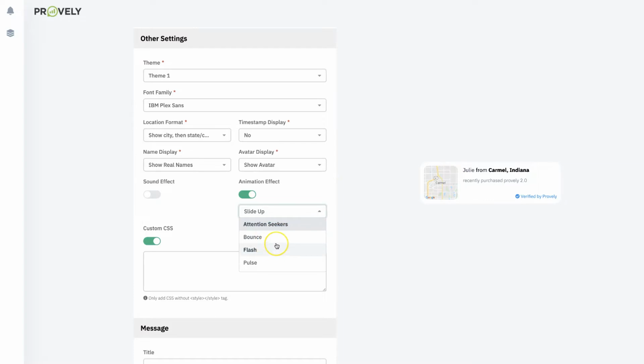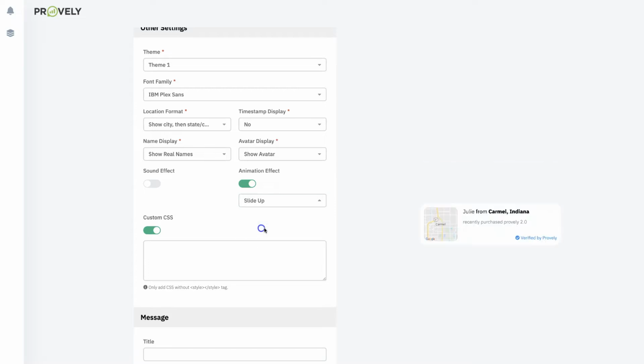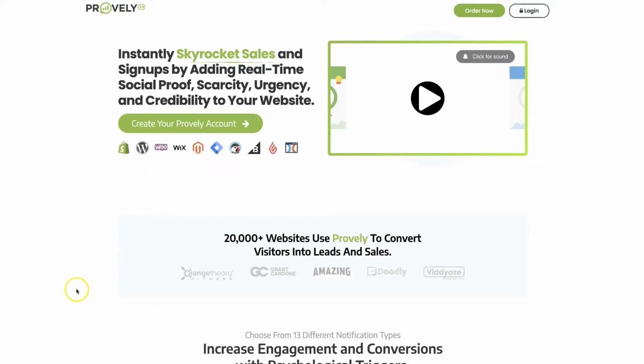So this is sliding up, but if you wanted to just do a bounce, you can choose that. If you just want to do a flash, you can do that. The pulse, where it gets kind of bigger, but I noticed that it looks like it's actually sliding up, which is the animation effect that Provely actually has. So there you go. So that is how easy it is to actually create a notification just like Provely does